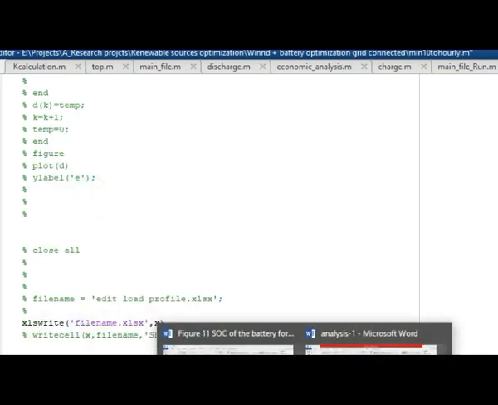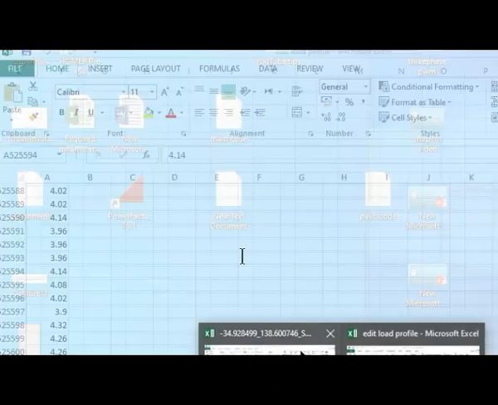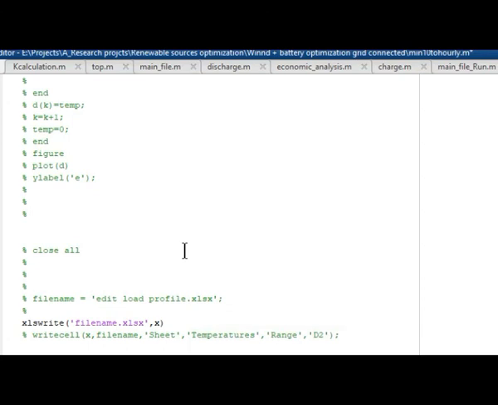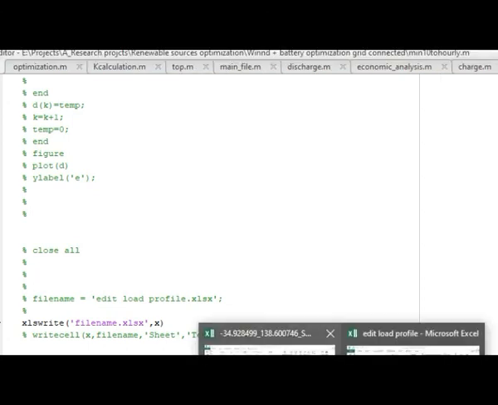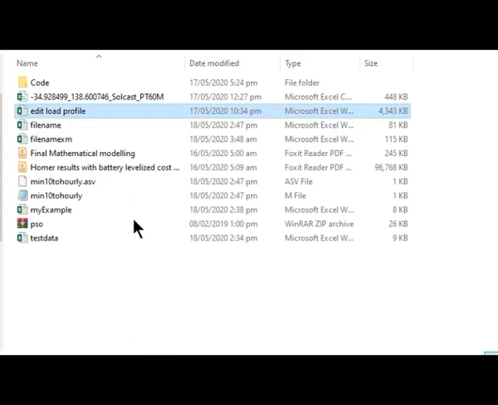Copying this one, the edit load profile file name, and just pasting it in the file name. So I am writing this data to the file name, this X, that was the hourly data.